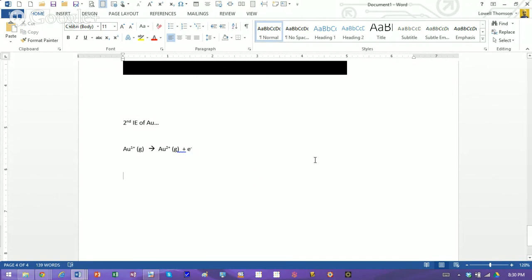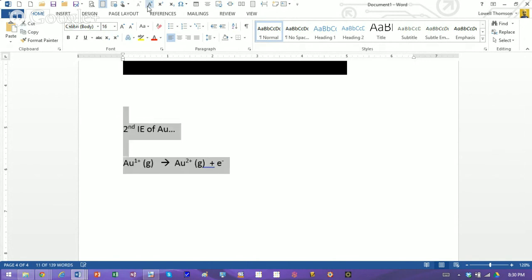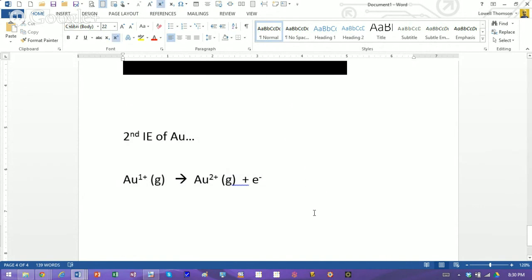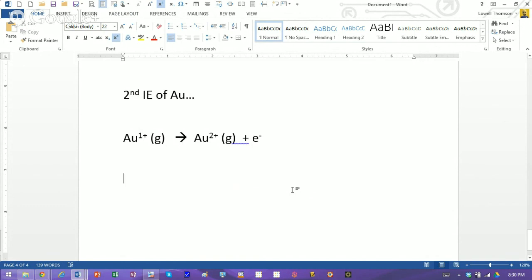So here's the second ionization energy. Let me make this font a little bit bigger. This is the second ionization energy of gold. If I want to do the 10th